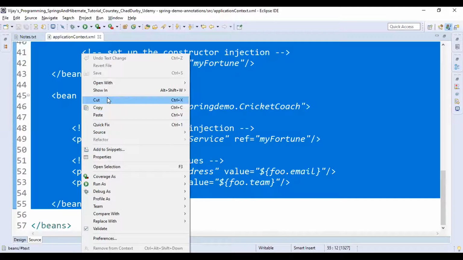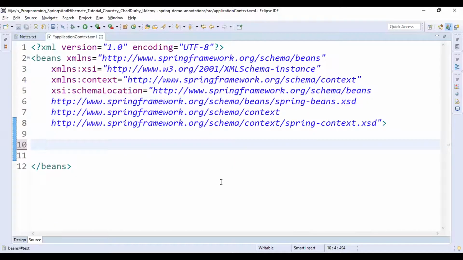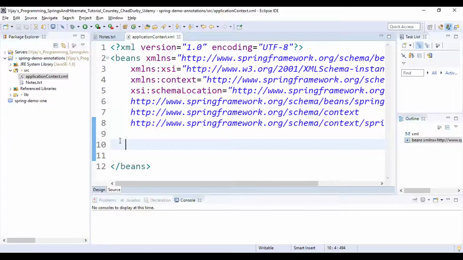You can just cut it. Then I'm double clicking.